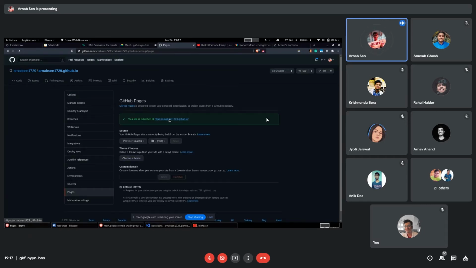And yeah, so GitHub, I think, recently updated this. Once you create a repository with the repo name like your user ID.github.io, it will automatically deploy it. But yeah, you can choose the branch. You don't have to do anything like that. You can just push, and then it will automatically deploy it.